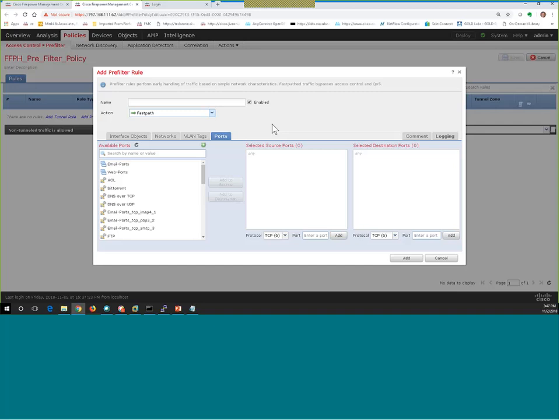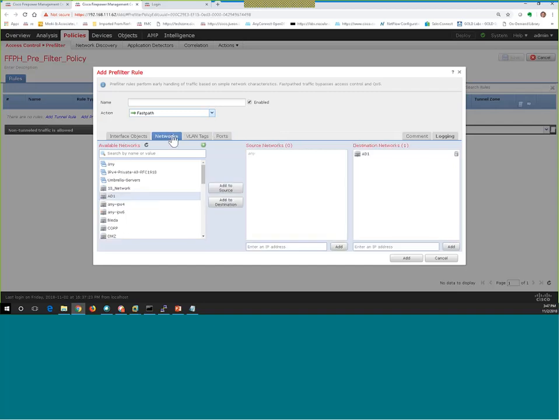Maybe I don't want that traffic to be inspected, but if you know that the traffic is coming from a specific IP going to a specific IP, I can create an object, and fast path implies going to that access control list on the ASA and not redirecting that traffic to the Firepower module, meaning let it go through without me